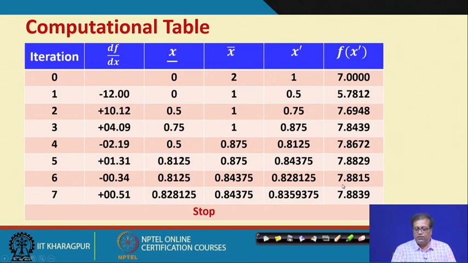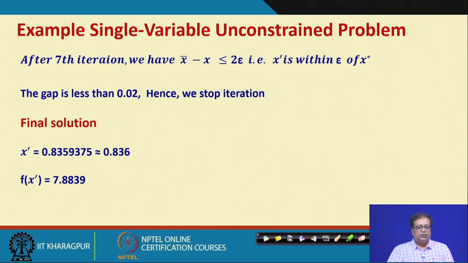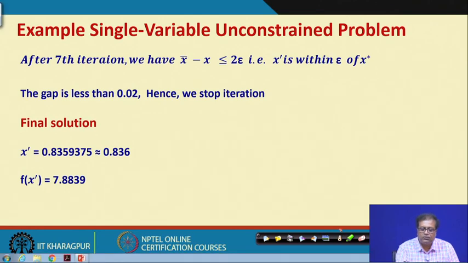So, we have this kind of value, that is 7.8839, right. So, then we stop. After the 7th iteration the gap has fallen within 2 epsilon. So, that is how we can continue. So, the x bar minus x underline is within 2 epsilon, the gap is less than 0.02, we stop our iteration, and the final solution therefore becomes